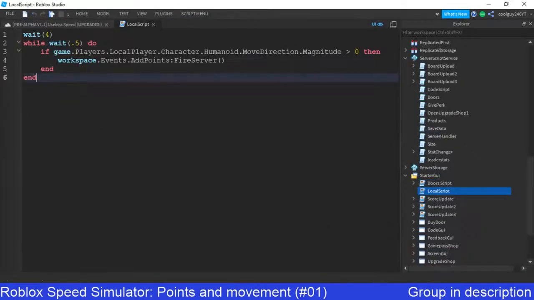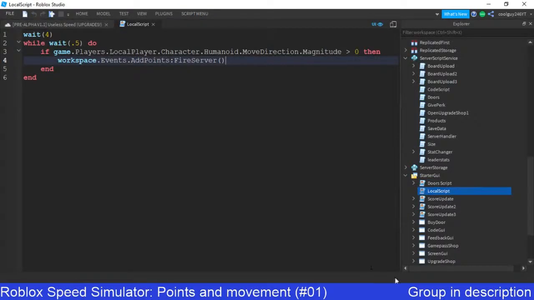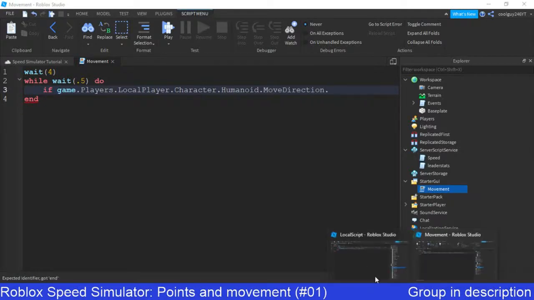So once again, we're in one of our wait loops. We're going to be doing FireServer in a minute, but for now, we need to get the magnitude. So it's if. Type in if game.Players.LocalPlayer.Character.Humanoid.MoveDirection.Magnitude is bigger than 0, then